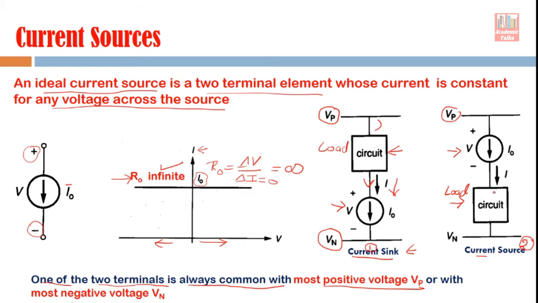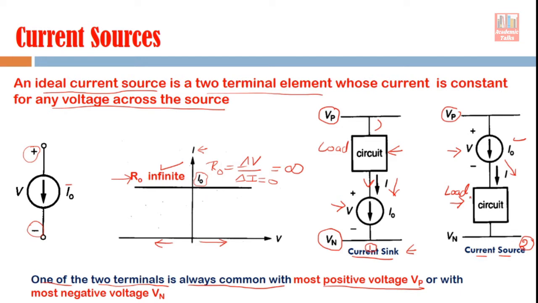And in the second figure, you see the current is coming out of the source. This is your source, and the current is coming out of the source, and then it is going to the circuit. So, this configuration is known as current source. Although when we talk in a general way, we use a single term, current source, for both configurations, in more technical detail these two are different. The first one is current sink and the second one is current source.